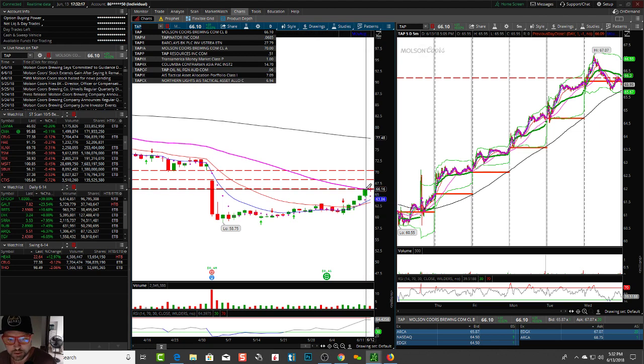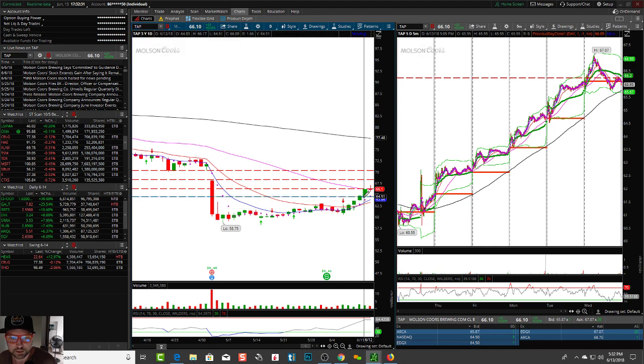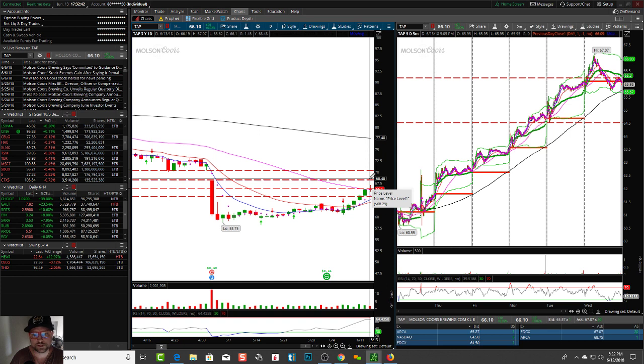Again, at this point, you have this support here at the $66, resistance around 68.26. This is a be careful warning candle. It could pull back. Doesn't mean it's going to crash or dump, but if you get a candle close below this area here, you got to be careful with it. So this is a potential reversal. It's a star pattern. When you see this, be aware of a potential reversal to the downside. Could still go up, but this is a warning sign.